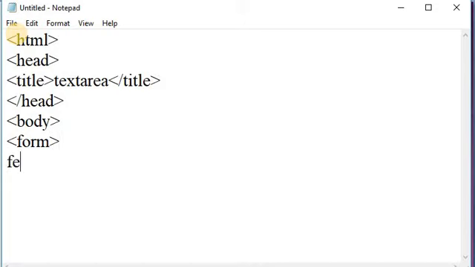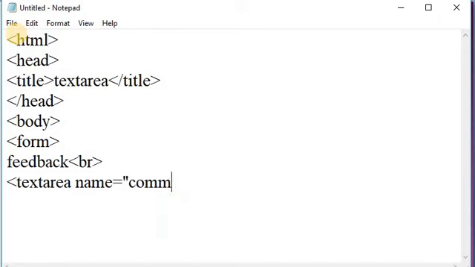Here, first of all, I am taking a feedback text. After that, take a break tag. After that, I am taking a text area element. The first attribute of the text area element is name, equal to comment1, as the name of that text area.